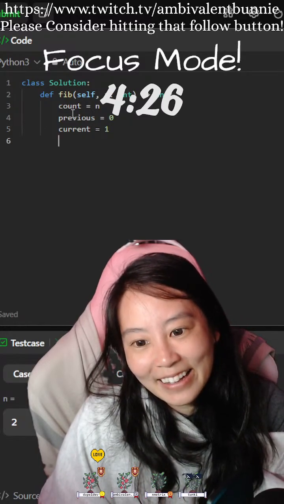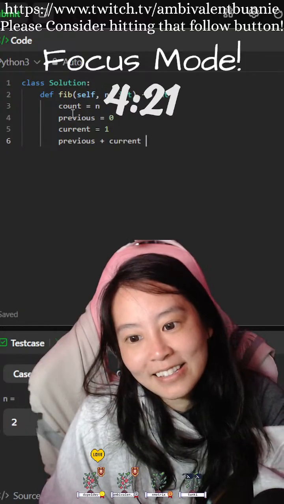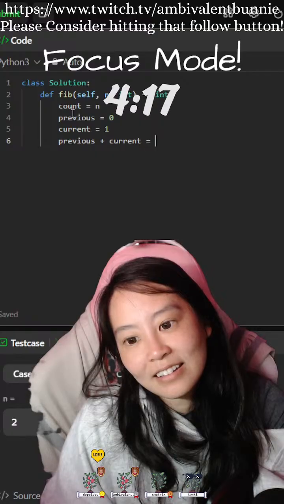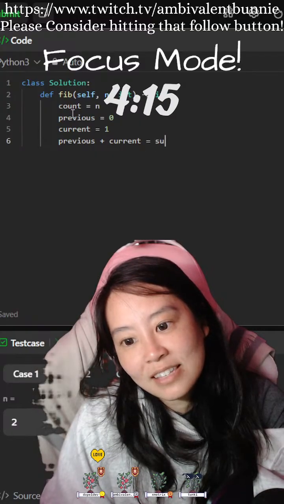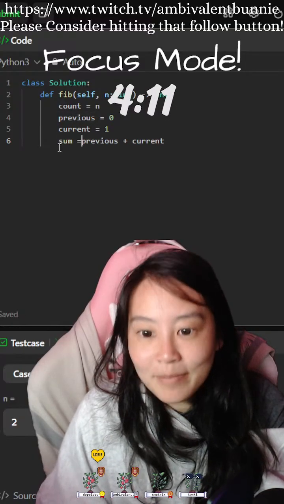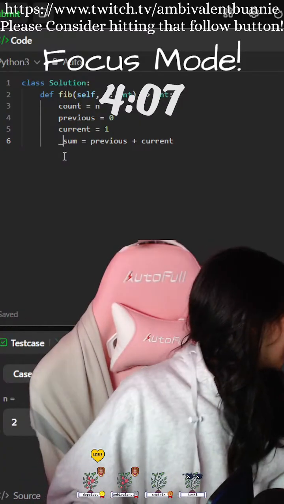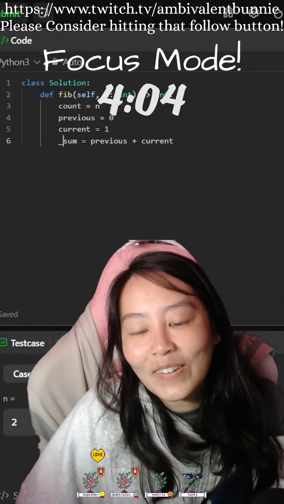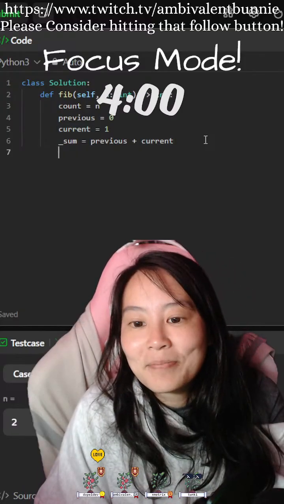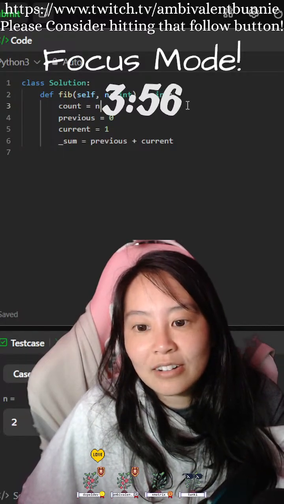And then previous plus current equals sum. Sum equals previous and current. Okay, so what I am seeing is we're going to count.